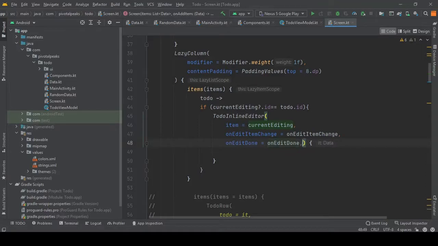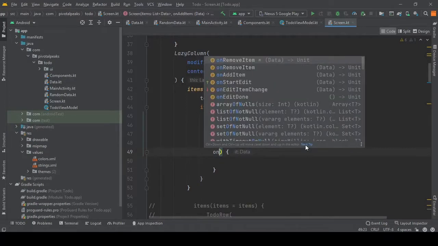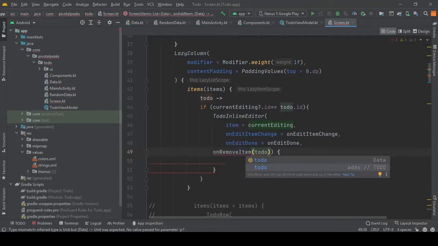And we also need to call our remove because it did not assign automatically, so we will have to do it by ourselves. So we need to pass the, not it, we need to pass the to do item.